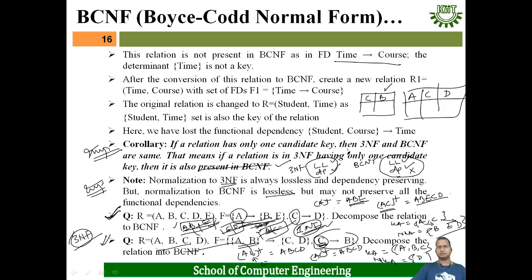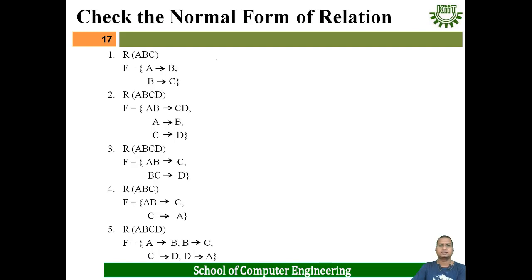That means C to B functional dependency is present here. In this case, AB to CD may not be present directly. Here C will be the primary key, here AC will be the primary key, and here C is a foreign key for this table. This is the BCNF decomposition of this relation R ABCD. In this way, you can find out the normal form of a relation as well as convert a non-BCNF relation to a BCNF relation.